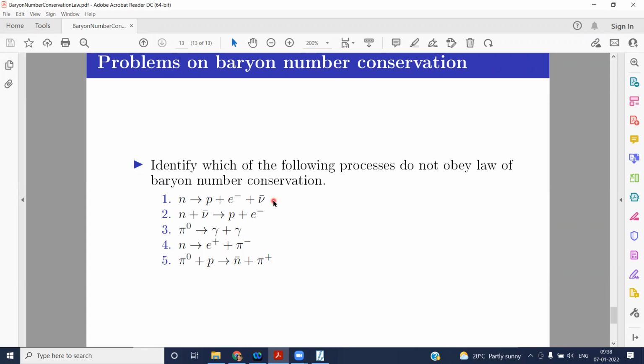So do you know this process? Is the first process known to you? That is physics. What is this process called? Neutron decay, beta decay. So we know it happens, but now I am verifying the additional conservation law, that is the baryon number conservation law. Now the second one. Left-hand side baryon number 1. Right-hand side: proton has baryon number 1, so it is 1. Fine. This can also happen.